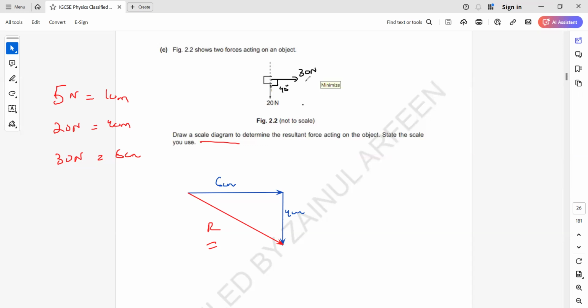The 30 Newton and 20 Newton are given in the question. One vector is 30 Newton and the other vector is 20 Newton, and the angle between them is 90. In the original question the angle was 60, but I changed it to 90 because you will only have the perpendicular vector resultant in the syllabus. So if I want to find the resultant,